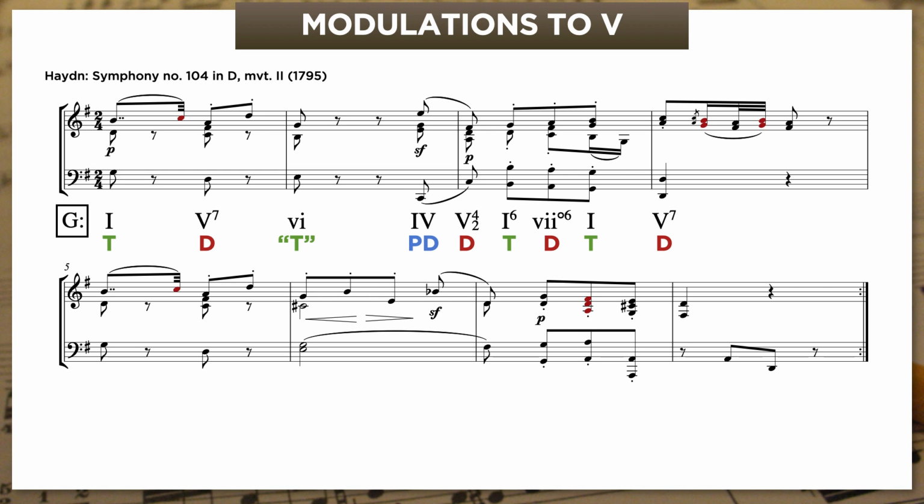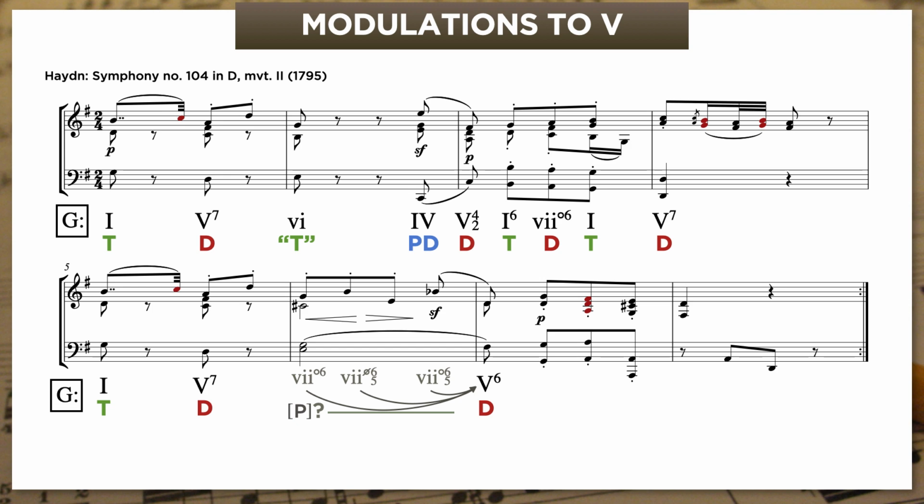Haydn keeps the original bass line for 2 bars, but then he pulls a kind of double deception. Now, instead of 6, we get a series of applied chords to 5, resolving to what seems to be a 5-6. And from the look of the bass line, we might assume that bar 6 has an overall passing function, right? With the bass rising from D through E to F sharp.